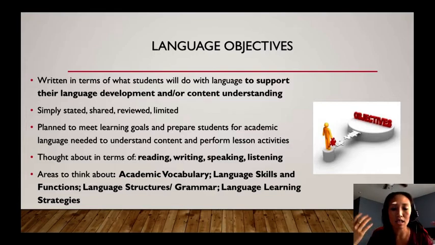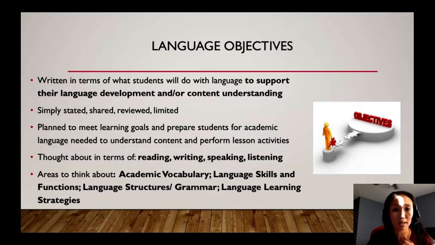How can we use it interactively versus productively in a presentation? Language structures and grammar. So that's when we're using sentence frames or paragraph frames, when we're looking at grammatical correctness, and then language learning strategies. So how can we help to develop language, particularly for our English language learners, but also in terms of